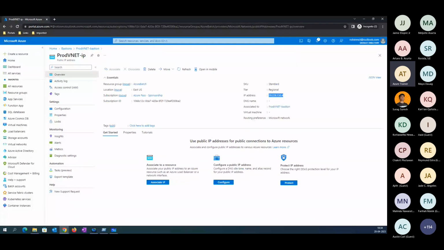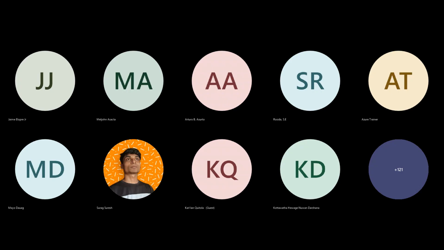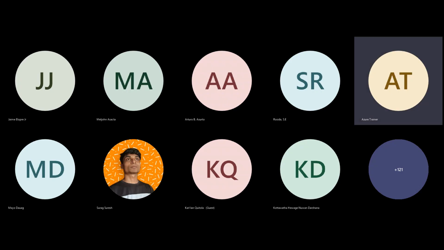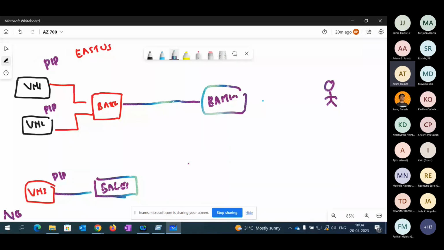So technically, if you go back to this whiteboard, you have created or enabled Bastion service on top of the prod VNet, and on sales VNet currently there is no Bastion service.